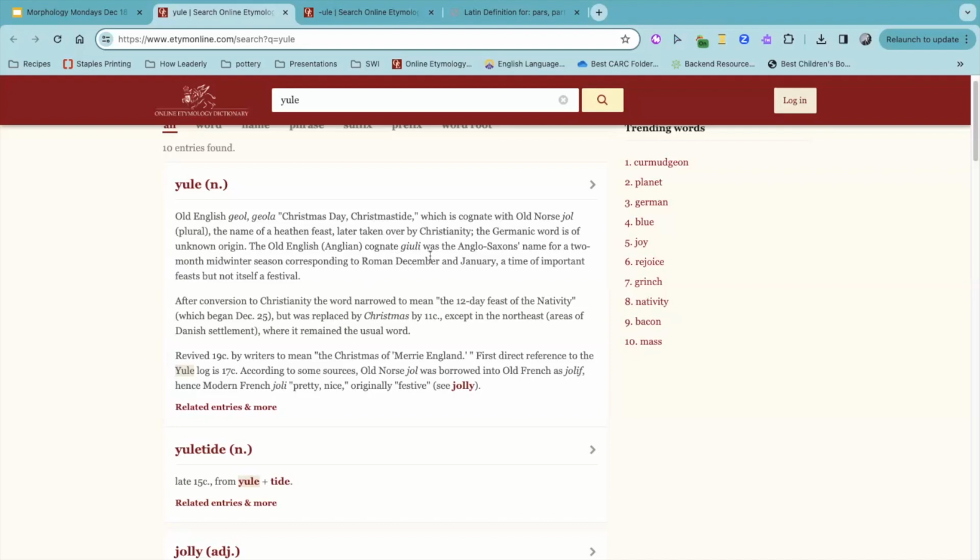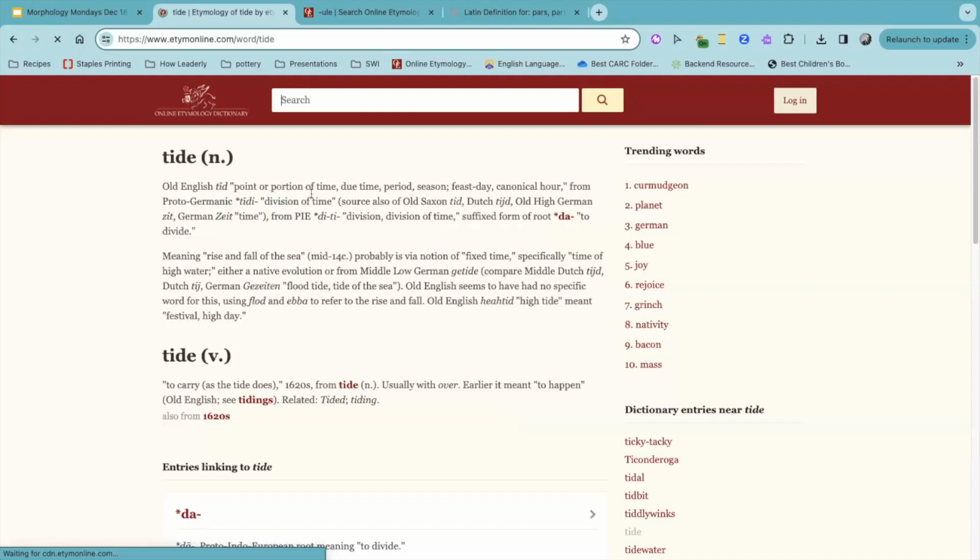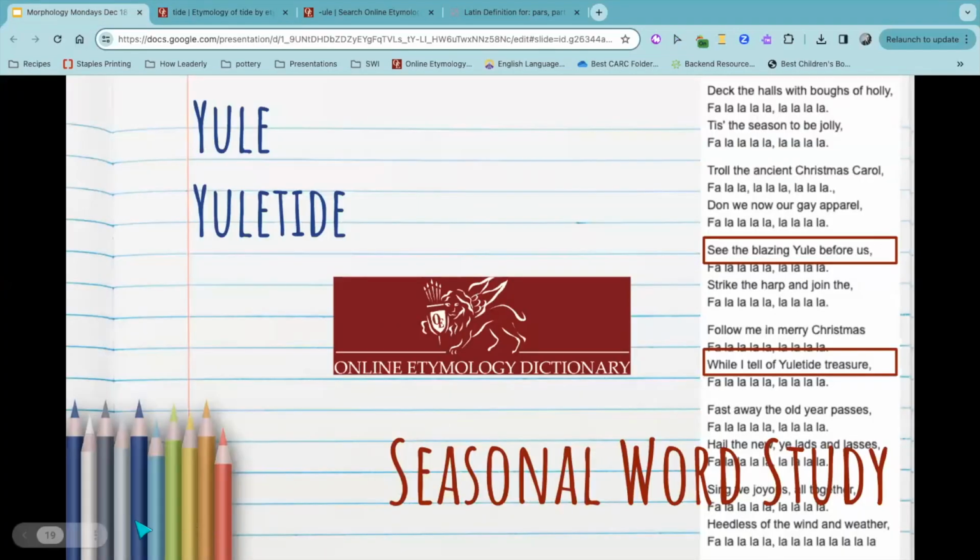And so it obviously goes on in its discussion of this word. And you all can read, so I don't need to read it to you. And then Yuletide is a compound word with Yule and tide. And in this case, tide meant a portion of time. So Yuletide is literally Christmas time, and Yule means Christmas. So I thought that was kind of funny. Interesting. Unique. It piqued my interest.